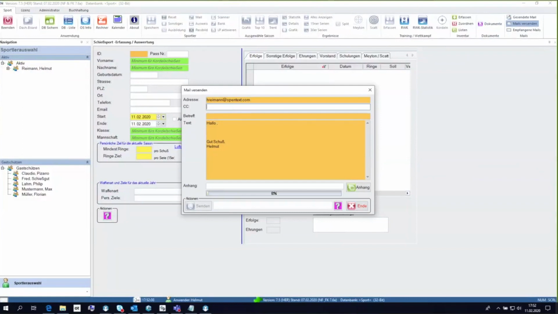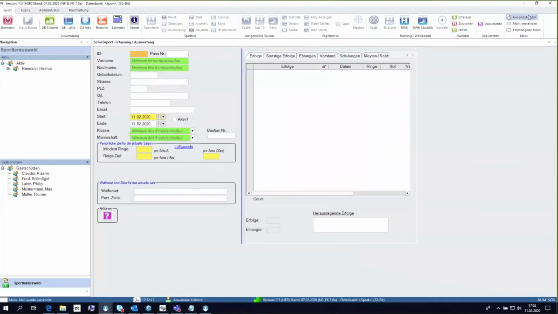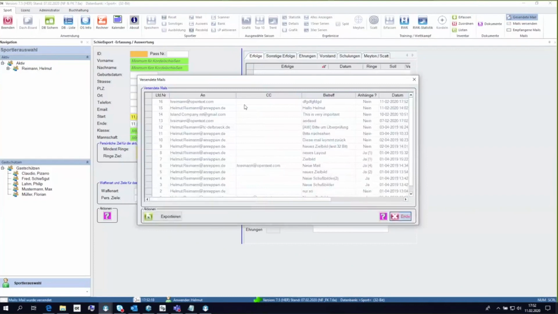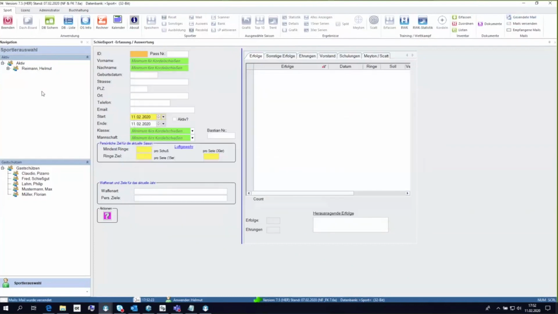Write something, cc down and so on. Send emails and done. I can find this email also inside my database. You can see today gone. And if I send something back, then I will see in my status bar that my